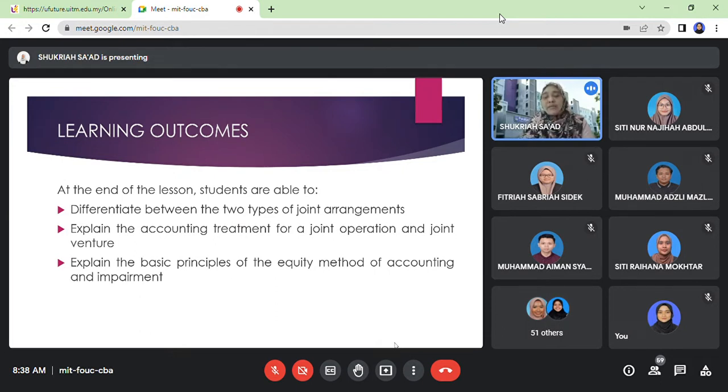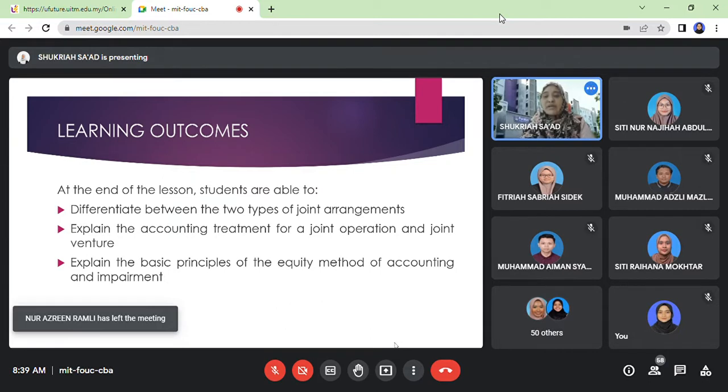So the process of preparing the consolidated financial statement, either financial position or profit and loss and other comprehensive income, as well as the statement of changes in equity. Basically what you have done earlier, you are applying the method we call acquisition method. But when we are dealing with joint venture, because for the treatment,